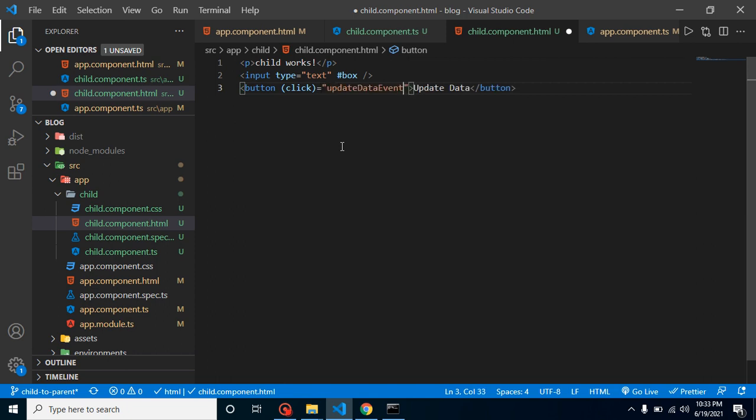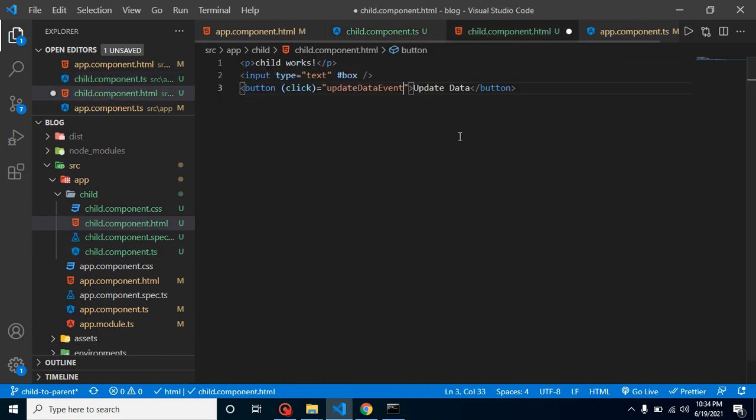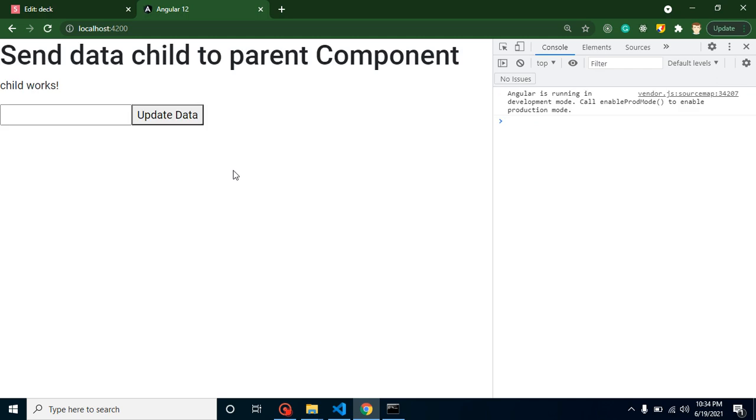this. Keep in mind, we cannot call this update data directly because this is the instance of event emitter. So what we can do here, just simply put here dot emit, and now let's pass the value of this box. I mean to say this box. So just simply put here box dot value, and now let's see, whenever I click on it, you can see that we got some console output. So if I put here Bruce, you can see that we are getting this value.